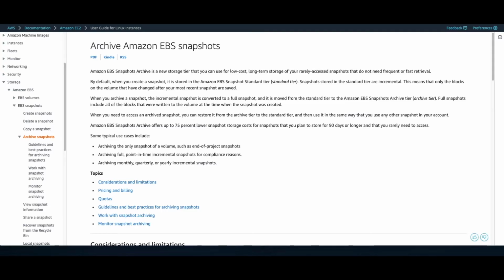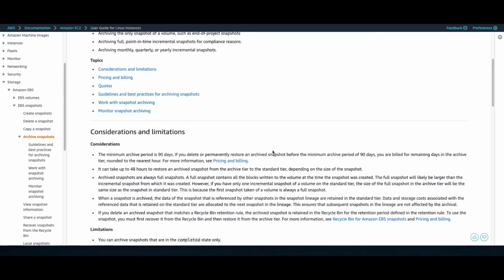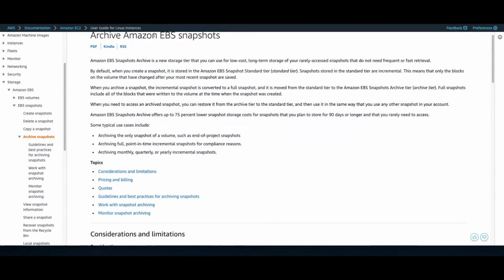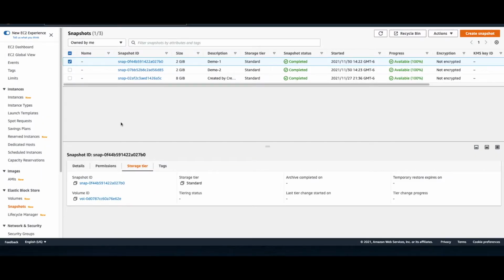Another thing is that you will be charged a minimum of 90 days. Suppose you moved a snapshot to the archival storage tier, it will be there for 90 days. If you retrieve or delete the snapshot from the archive prior to 90 days, you will still be billed for the whole 90 days. Now let's go to the console, and I'll show you how you can